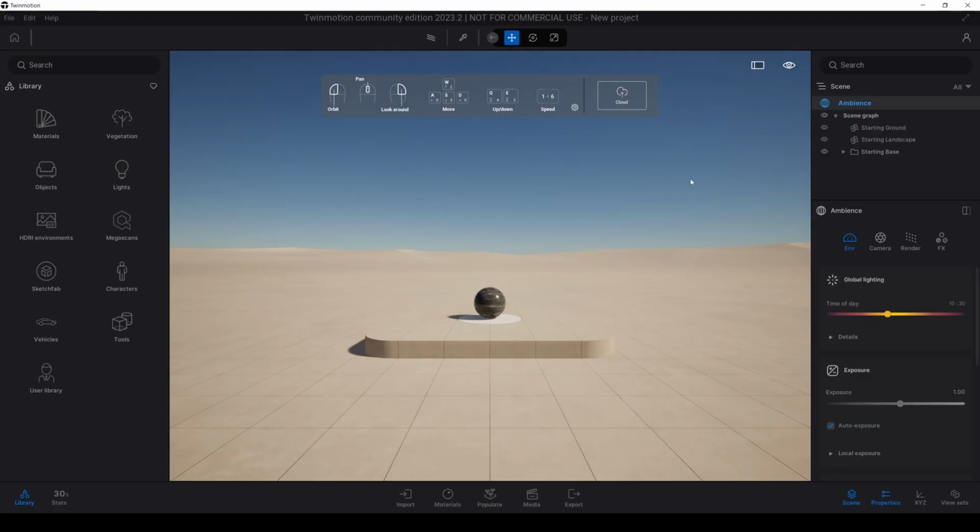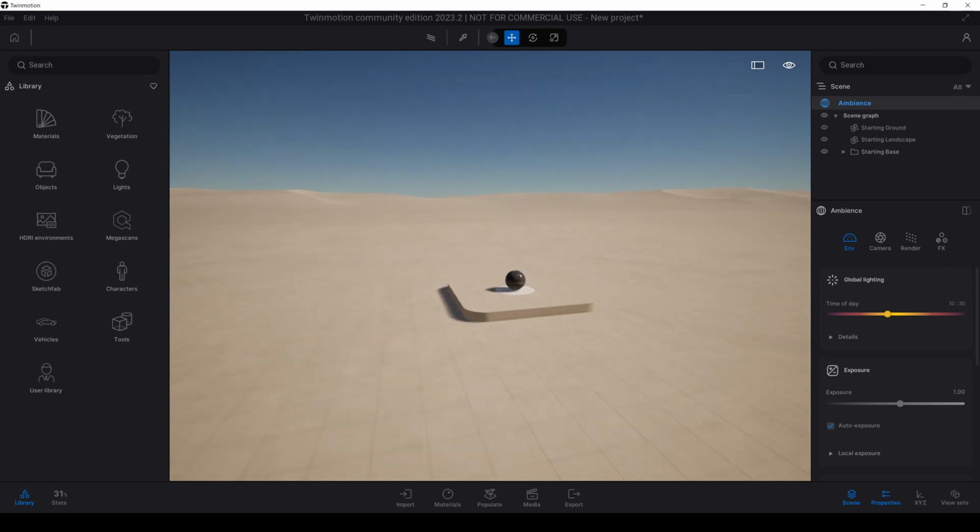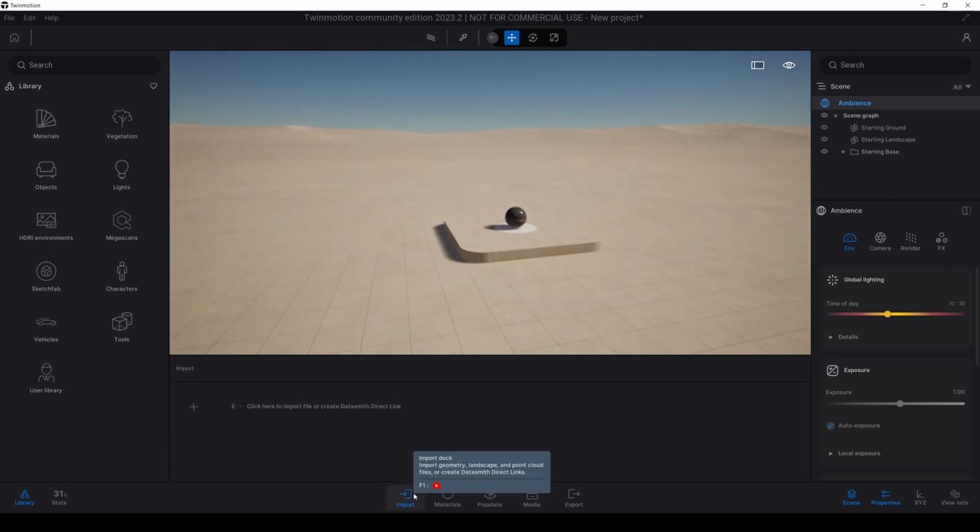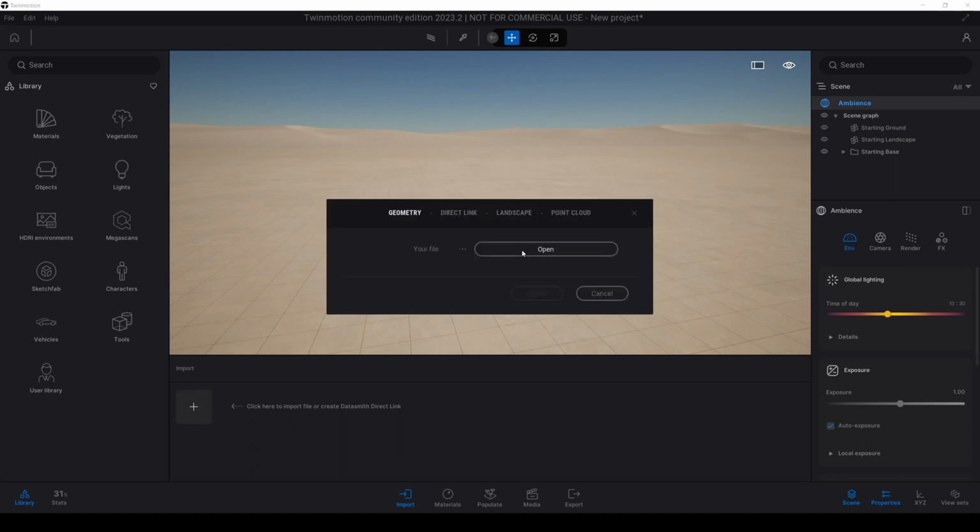Here we are in Twinmotion, and in the opening you will see a window like this, and also we have another menu here. I'm going to close this by clicking this hide navigation panel, and I will import our file into this file. I'm going to go to import and click this plus and click open.